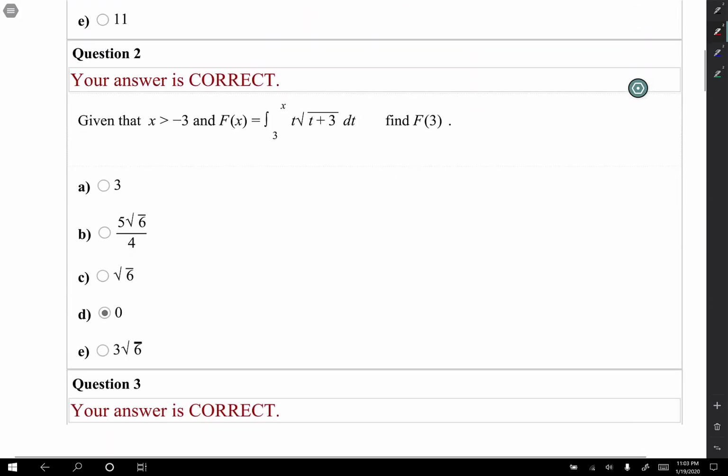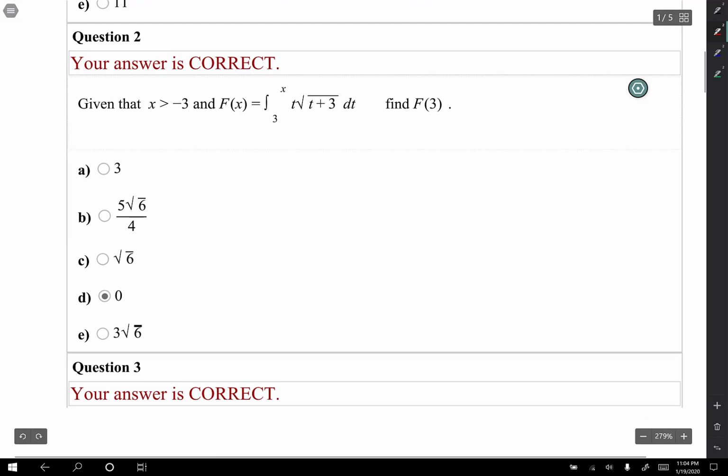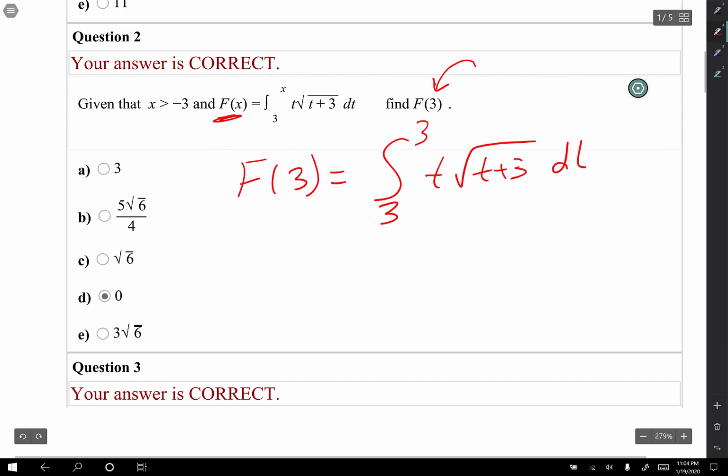This one says, given that x is greater than negative 3, I have this function. It's an integral defined function, and they put a 3 in there. So F of 3 is equal to the integral from 3 to 3 of t square root of t plus 3 dt. Well, you haven't moved, guys, so check it out. Lower limit is 3, upper limit is 3. Because you haven't moved,